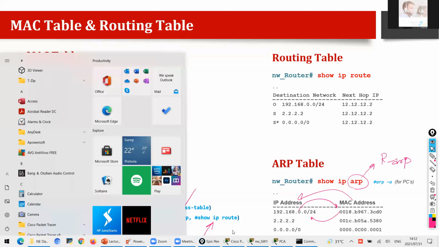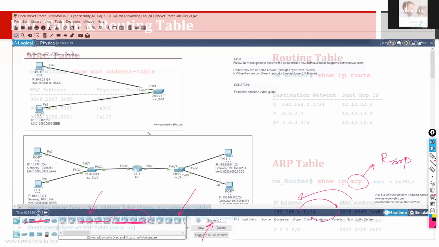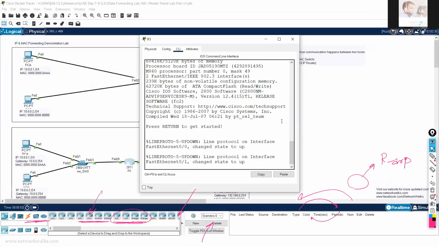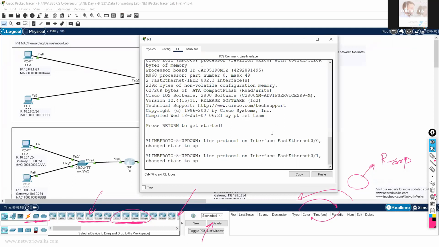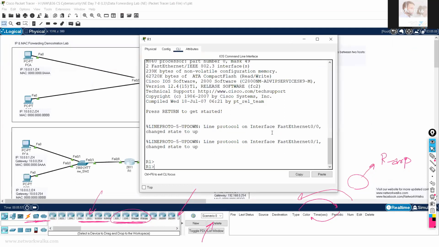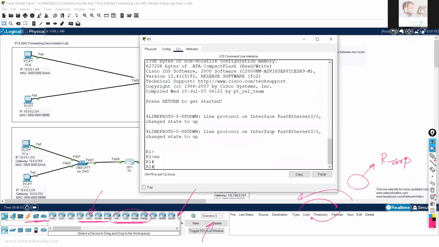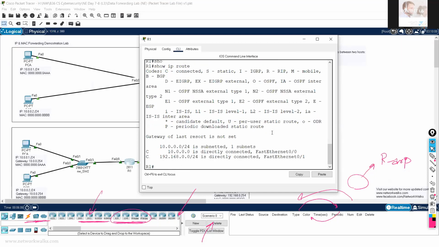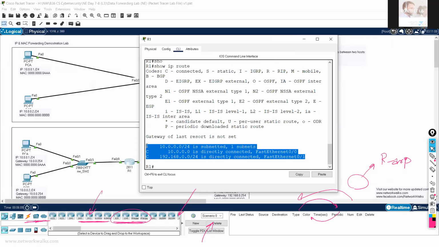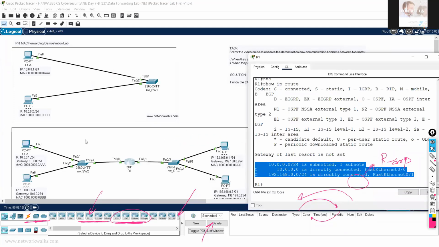We go back to our scenario and open up the router. We'll do everything slowly, I am just explaining overall for now. Once we do the scenarios, then you will understand more. So show ip route, a very simple routing table. It has 2 networks connected, one network on the right side and one network on the left side, very simple.